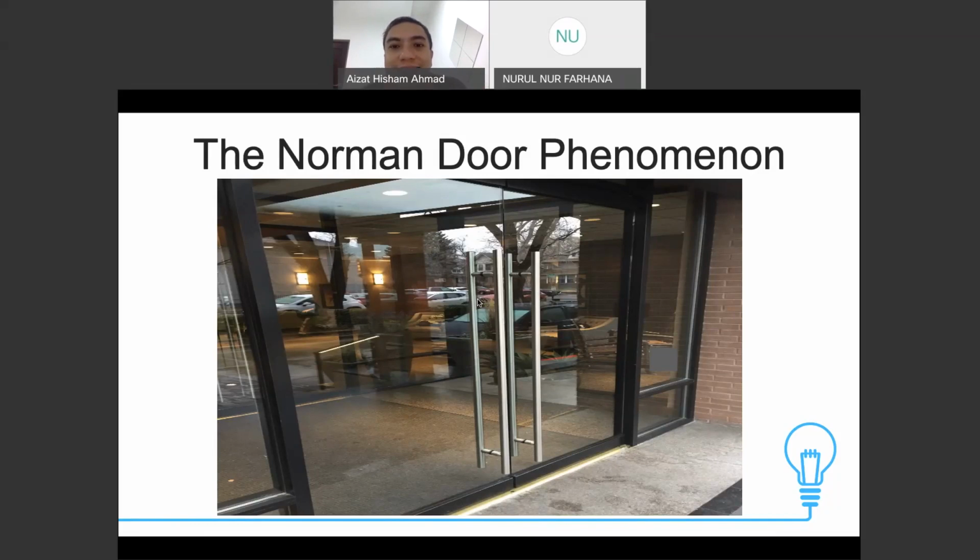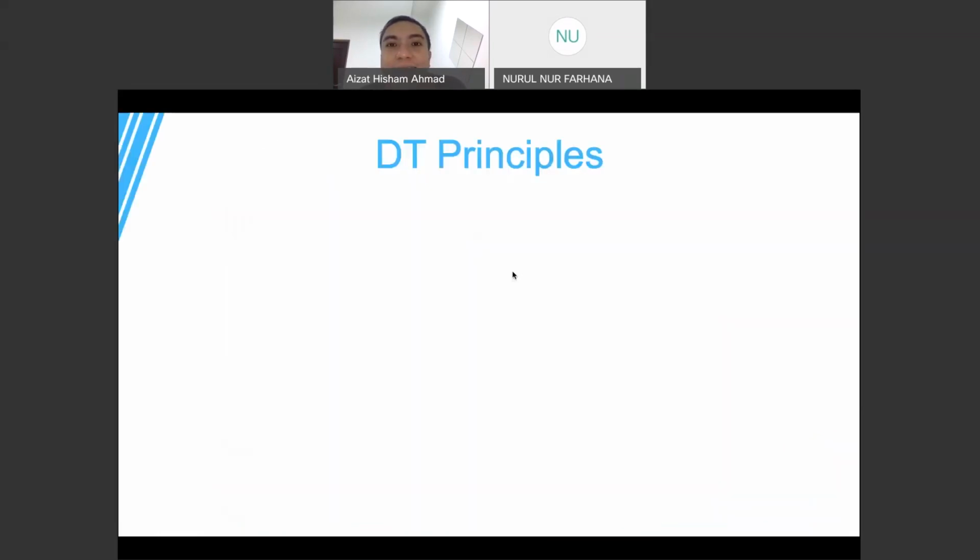Okay? You might think that it is supposed to be common sense to put a label, but for example, the photo that you're looking at is an actual door to enter a building. Okay, so this is the Norman door phenomenon, where designing itself is related to the design thinking concept. Okay, I'm sure product design students in the School of the Arts can really relate to this. When you're creating a product, you have to make sure that the user experience is the most important key element. Okay, the Norman door phenomenon. All right, so you understand that.